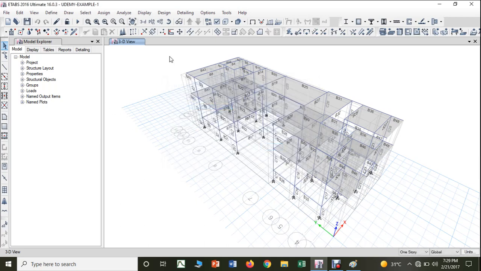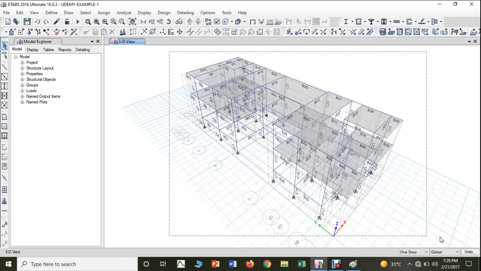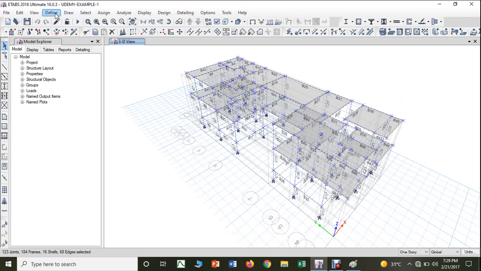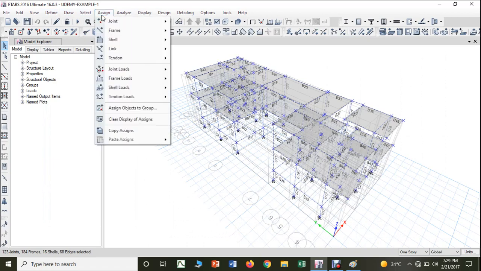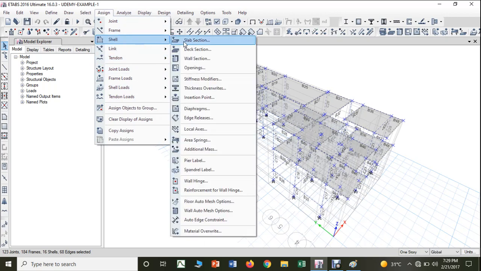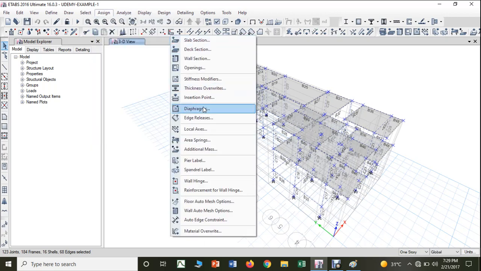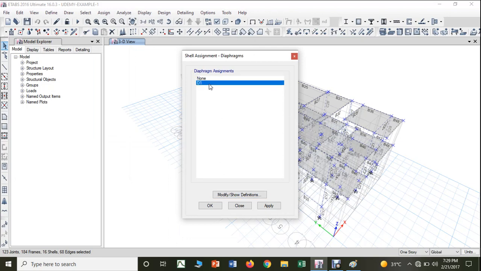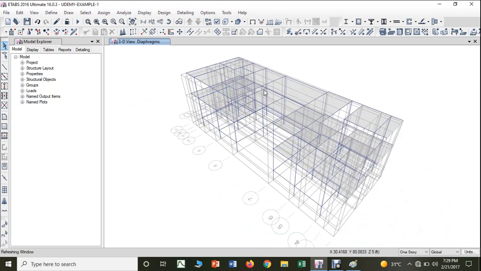For example, I can choose this entire structure and go to assign. Since I have defined the diaphragm here, I already told you it will be assigned to the slab joints. So I can go to the shell, and there you can see you have an option called diaphragm. When I click on that and give apply, you can see that each and every corner,